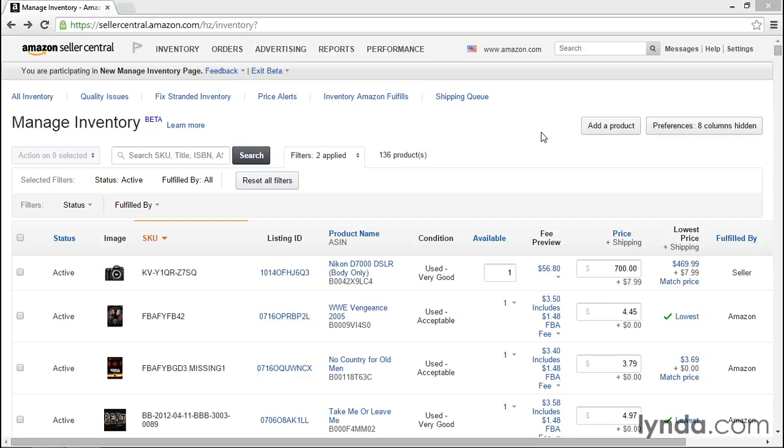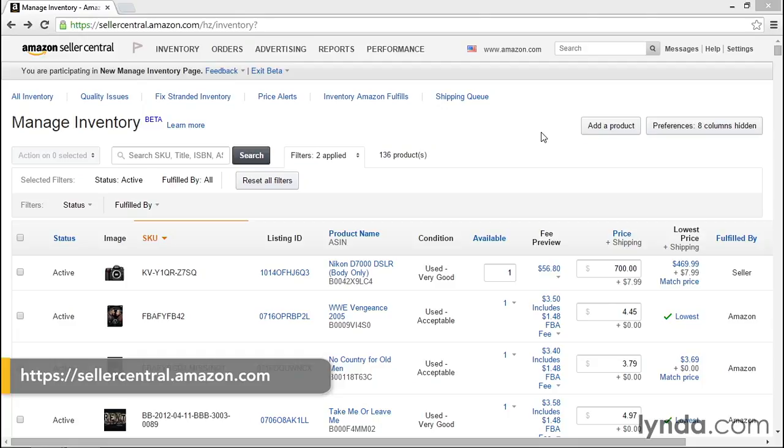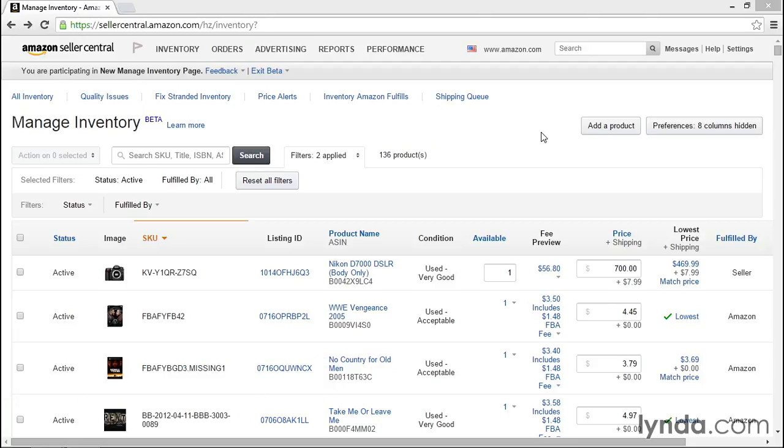I want to make sure you're aware of the Display Preferences page associated with the inventory listings. I personally don't find all the columns displayed very useful, and in fact there are others not shown by default that I'm sure are useful to some merchants, so you might want to change what you see in the All